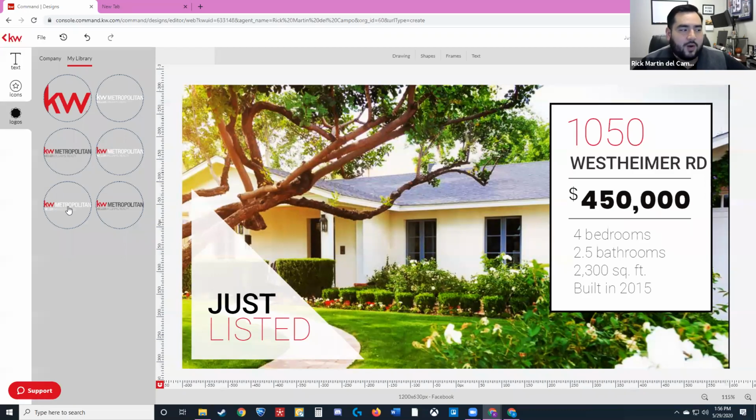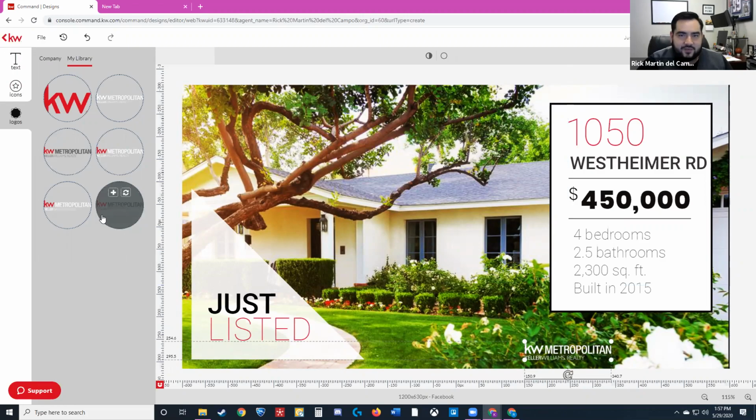Then I've got the red and white one, and then I've got an all white one. That's because sometimes, when you're creating your logo, it's not as noticeable because of the background image. So you can always opt to use maybe the all white. That'll probably look a little better, like here in front of the green, it's a lot more noticeable. So I would advise just having a couple of different options available at all times. That way it's just a quick click and create and then get it downloaded.